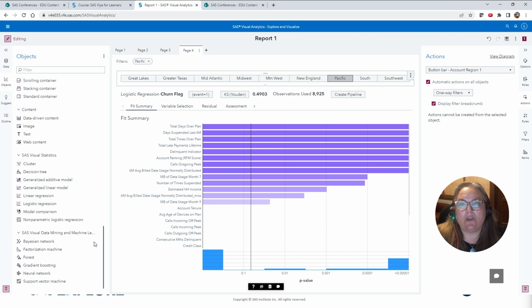Again, you go through visual analytics to get to visual statistics. And then within visual statistics, we have lots of models available. We also have visual data mining and machine learning, which is available as well.